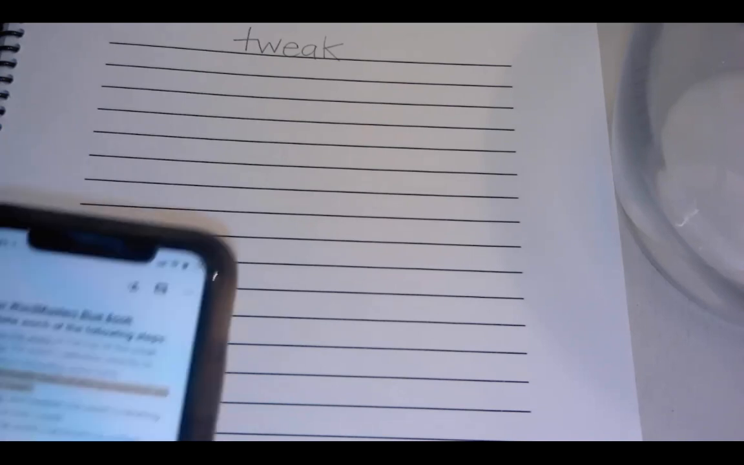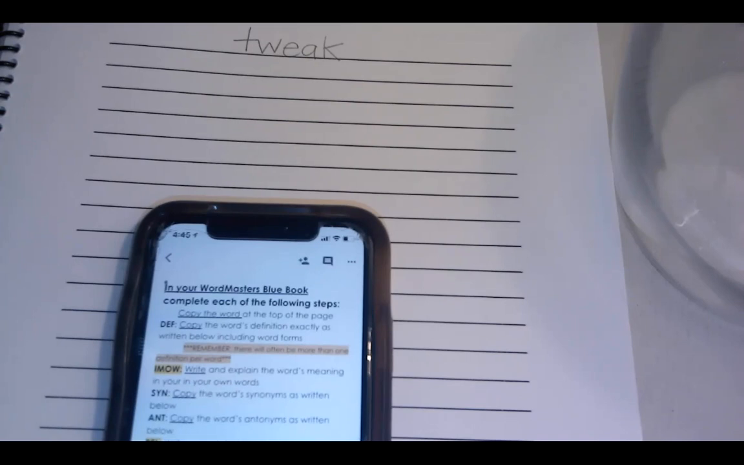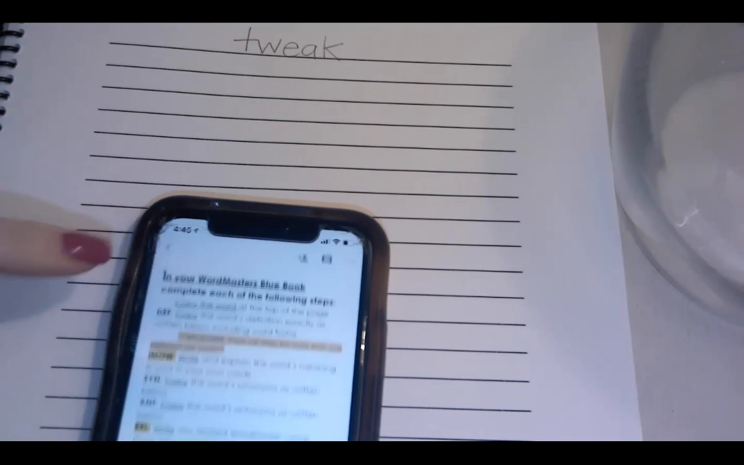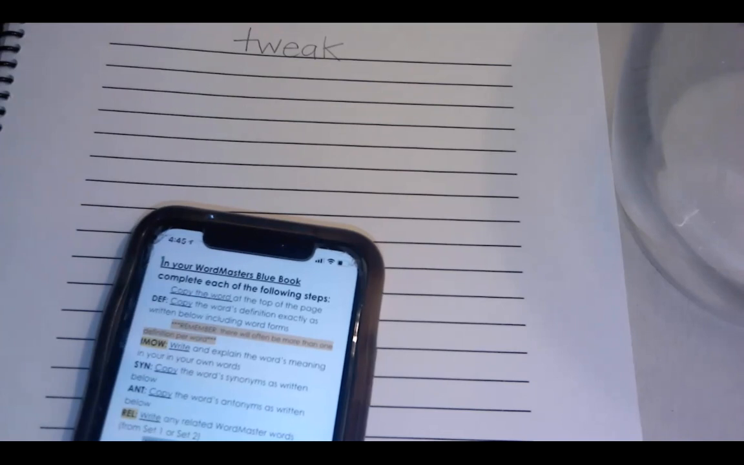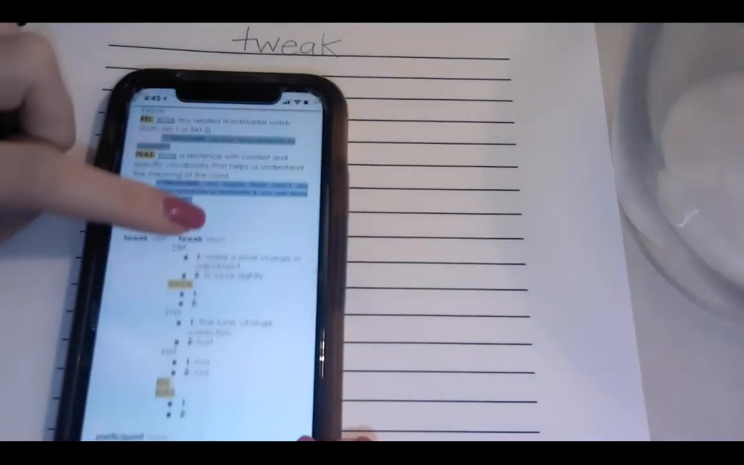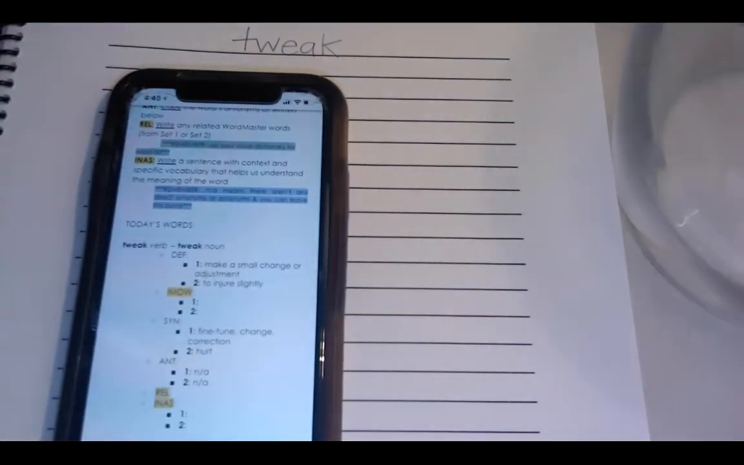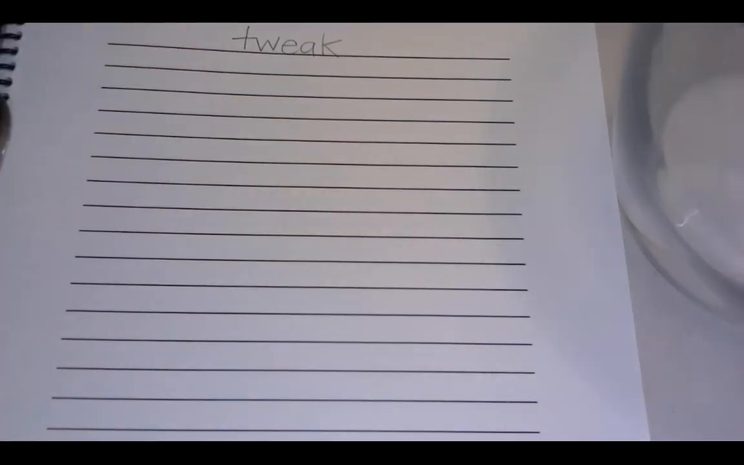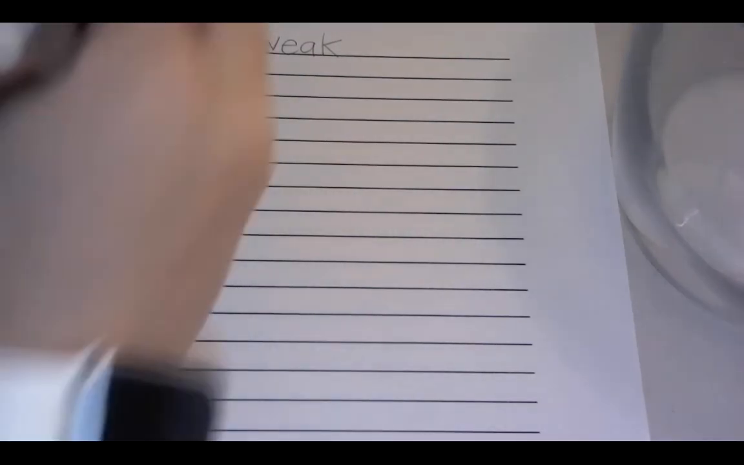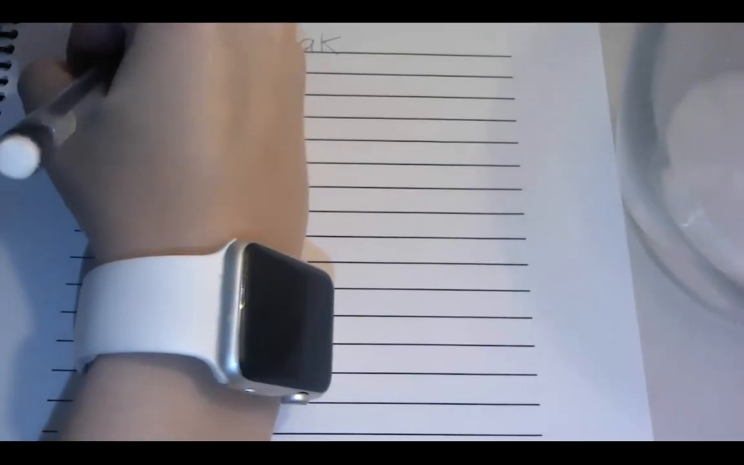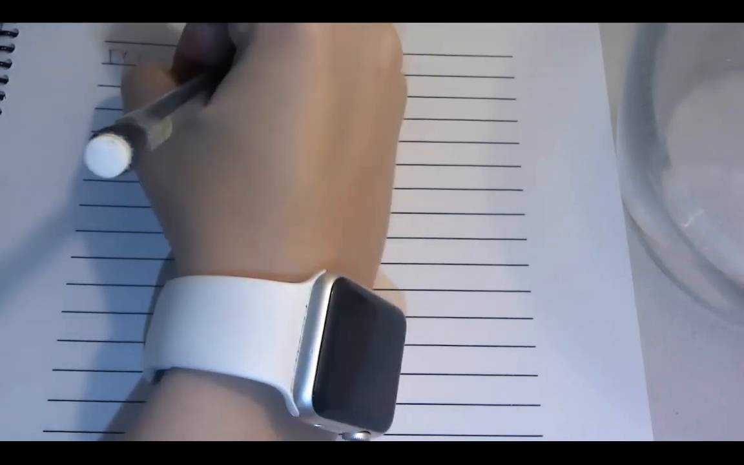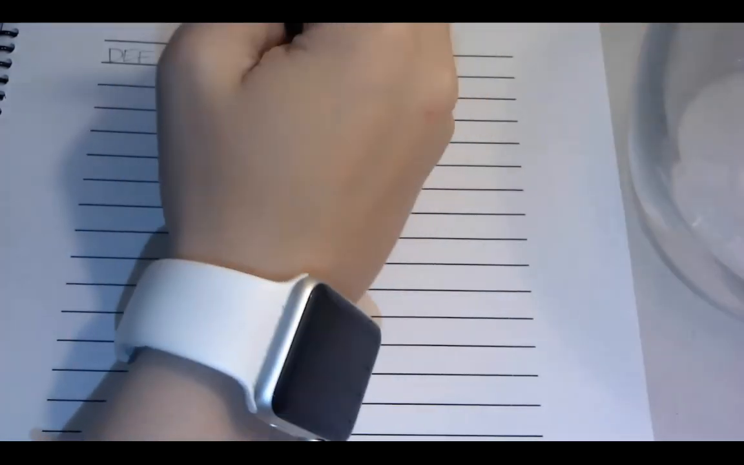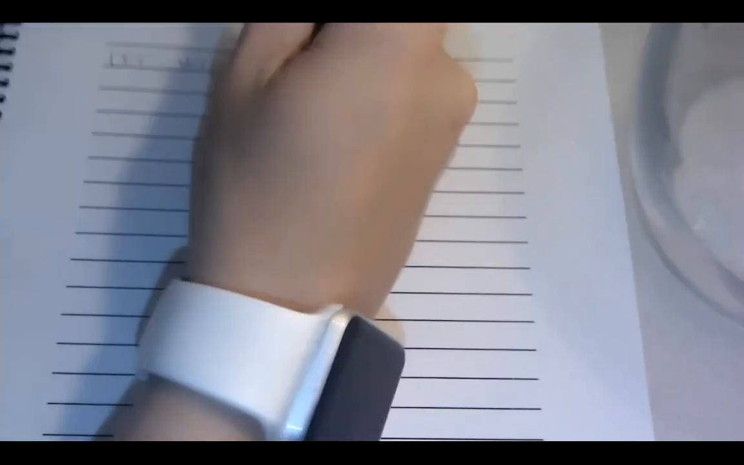So according to my assignment page, I'm following all of the directions in order. So first one is going to be to copy the word at the top. I've already done that. So then I'm going to go down here and look at my words. My first word, tweak, is a verb. It's very important for me to know that it is a verb. So I'm going to write down def, verb, and then I see that there's 2 different definitions. So verb 1,